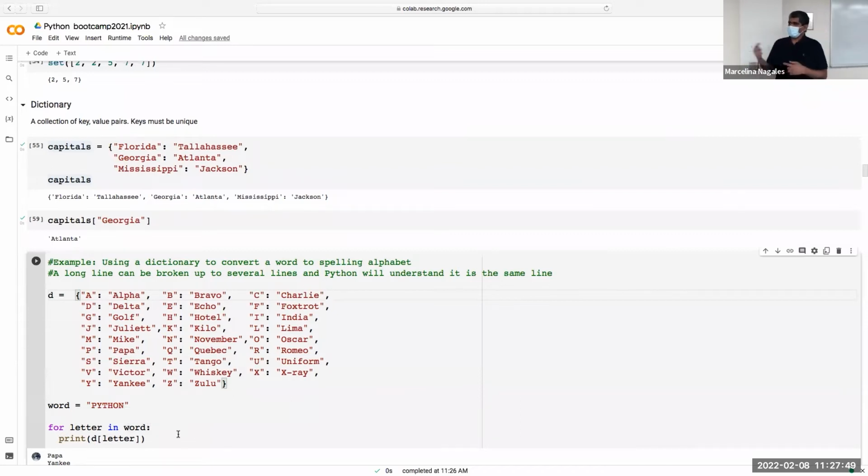Okay, let me back up a little. One nice feature of Python is it's mostly English-like, right? So you can make it look more English-like using this variable. So I use for a letter in word, right? Print. Now D is my dictionary. This I define here,